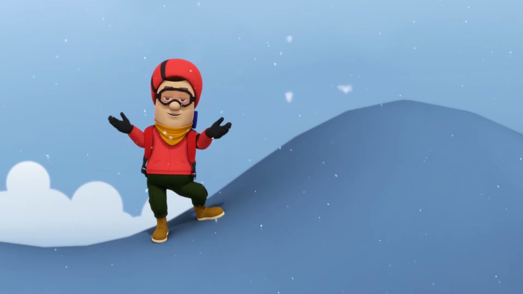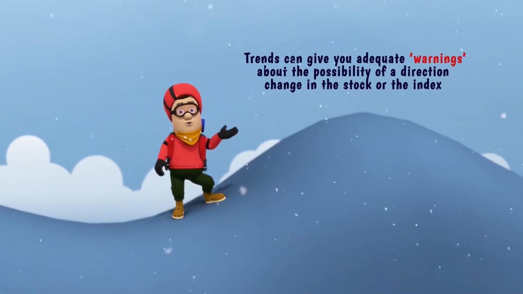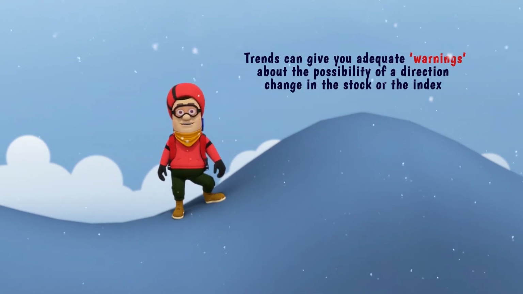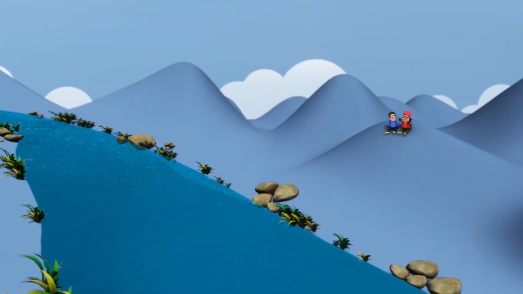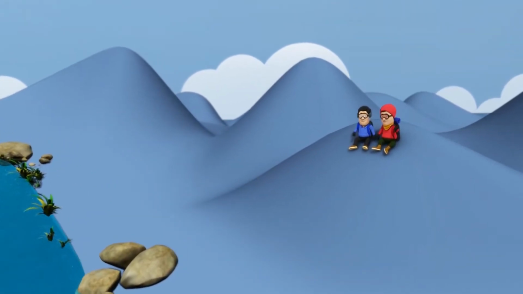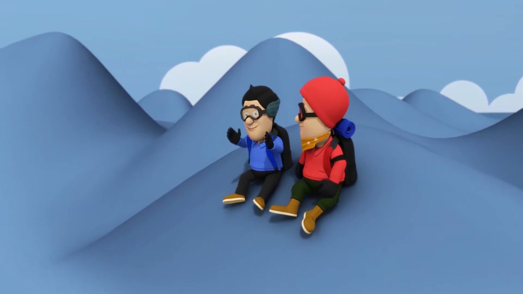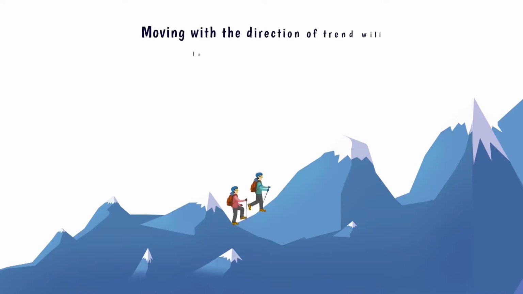Analyzing the stock market or stock price trends is an important step, as it can give you warning signs on when a trend is about to change or when the stock price is about to reverse. Tell me, Zen, if you were to swim in a stream, which would be easier for you, swimming with the current or against it? Swimming with the current, of course, as I would face less resistance, and this would make things easier for me. Exactly.